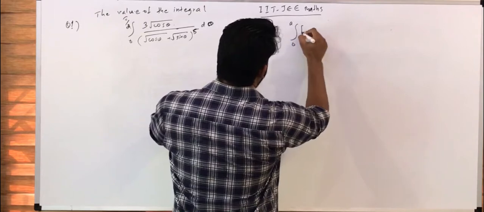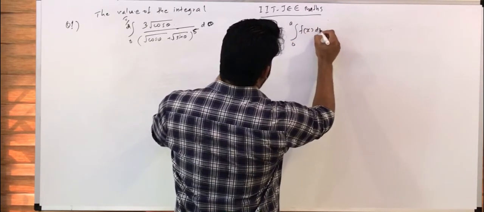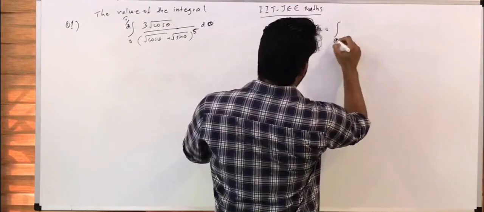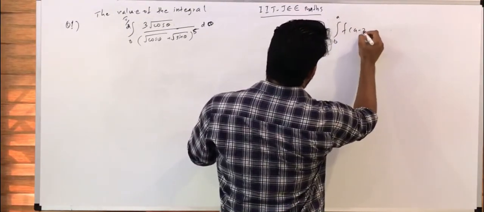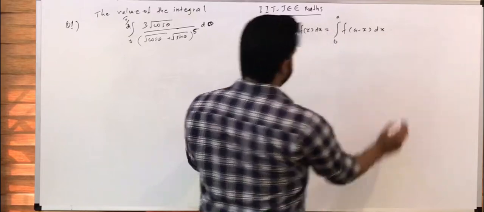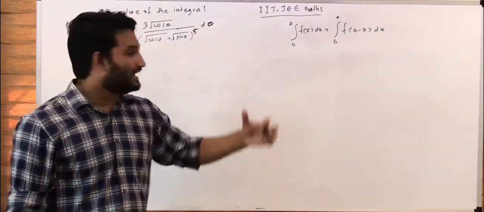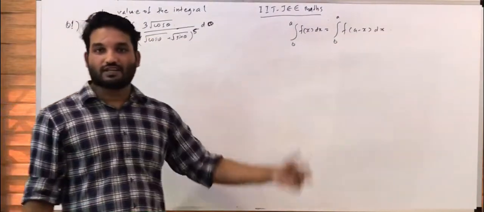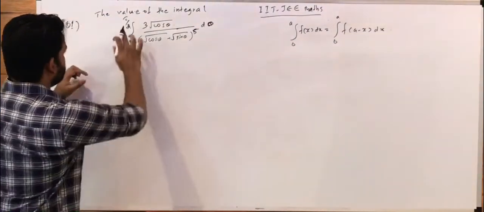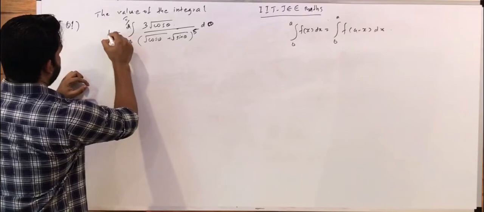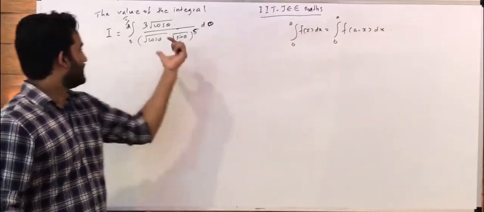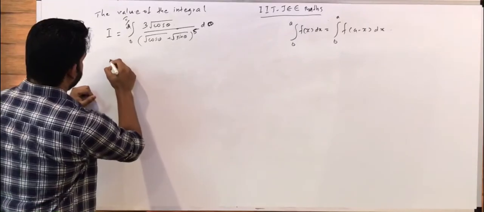We know the integral from 0 to a of f of x dx is equal to the integral from 0 to a of f of (a minus x) dx. So first I am going to use this property to start the solution. Let us write this integral as I. Now when we apply this property, this integral becomes